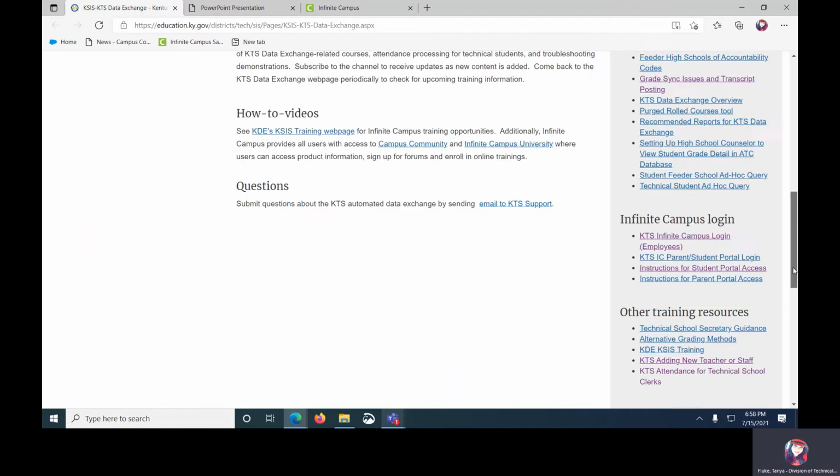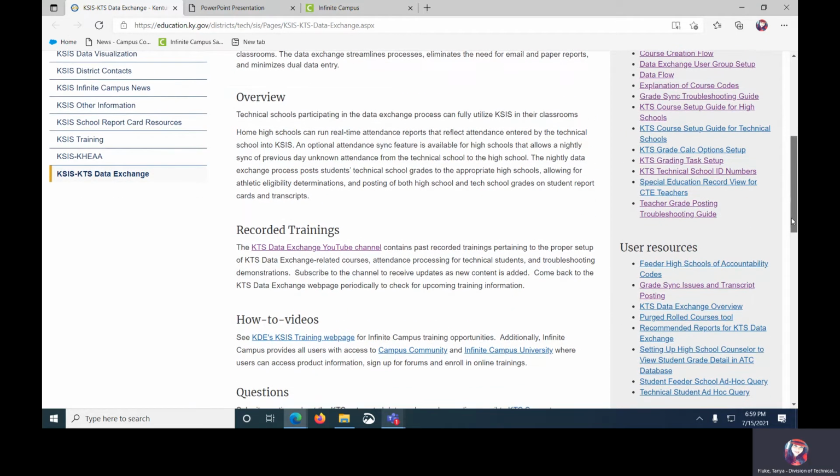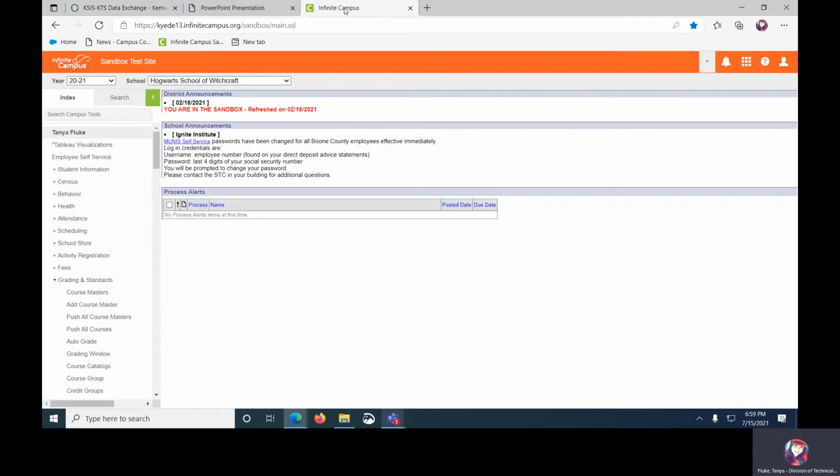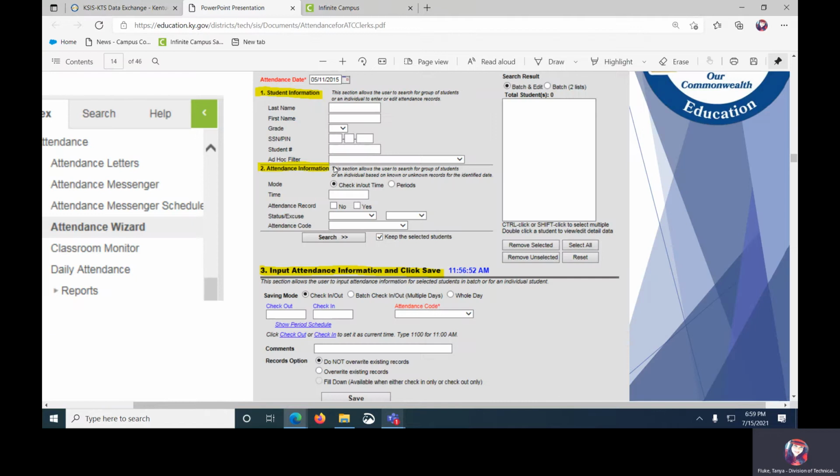And what I've done for you guys is, on the KTS Data Exchange webpage, under user resources, I've given you all a student feeder school ad hoc query that you can add to your Infinite Campus account for every school or every district that you teach. That would be a really helpful query for you to use in the